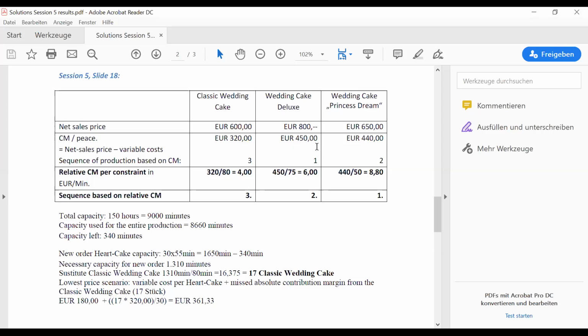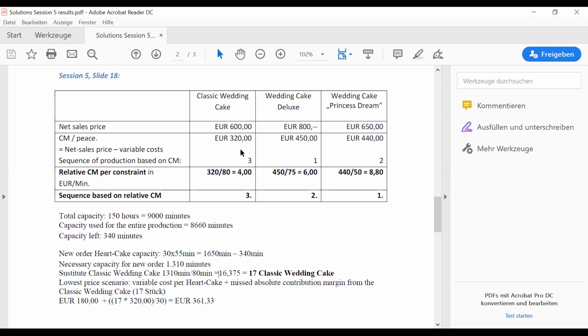And based on the absolute contribution margin, the deluxe has the highest contribution margin. We should definitely produce that. The Princess Dream has the second highest contribution margin. And the classic wedding cake has the least contribution margin. And therefore,